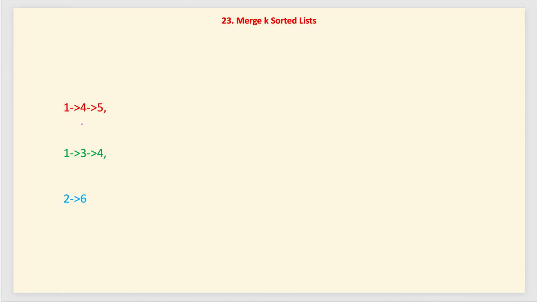For the min heap, as we know, we have three lists. Let's say H1 is the head of the first list, H2 is the head of the second list, and H3 is the head of the third list. We will add all the head nodes into the min heap, and the comparator of our min heap will be based on the value of the head node. So these are the values of our head nodes: 1, 1, 2. We will compare based on them, and add them into the min heap, so H1 will be at the minimum position in the min heap, then H2 somewhere and H3 somewhere here.